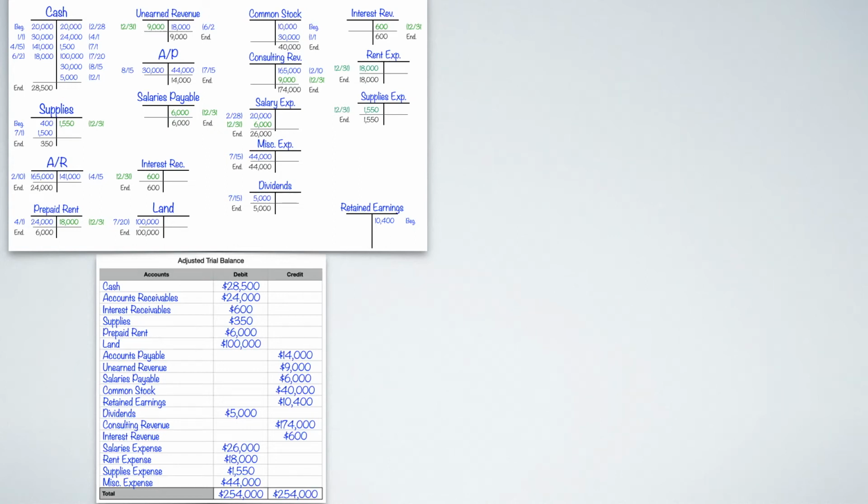Hey everybody, welcome back to Chapter Three's example. In this example, we're going to go back all the way to the problem that we did in Chapter 2. We're going to finish up the accounting cycle with it. And in this video, we're going to do the financial statements of it. So hopefully you still have that information, and also hopefully you've watched the previous 5 videos, because that's going to get you caught up to where we are right now.